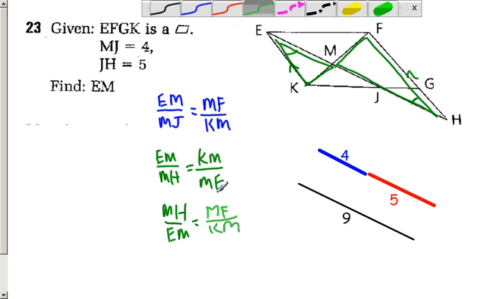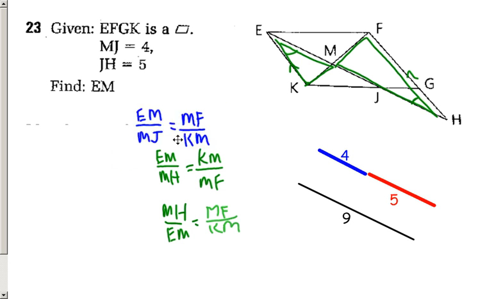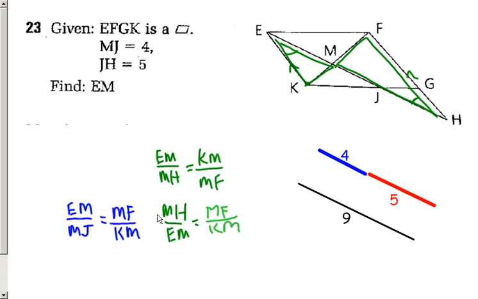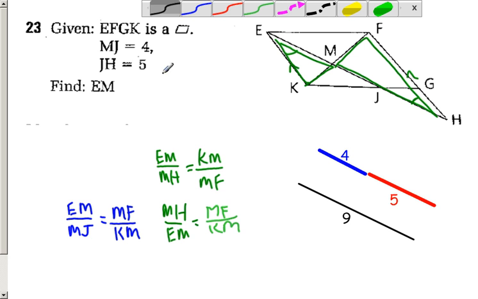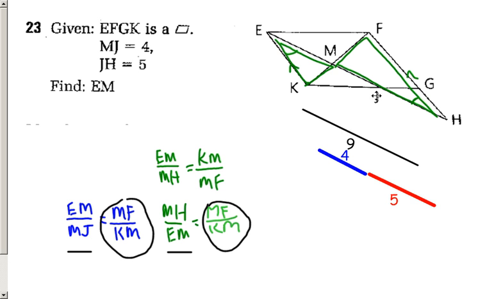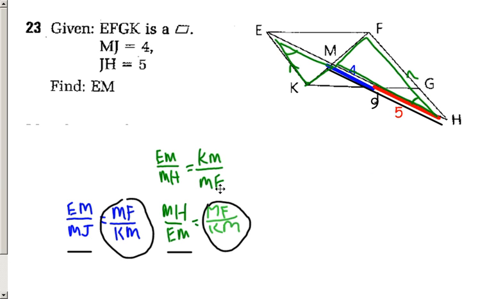And what you see here is comparing that with this one, you see that both of these have MF and KM in common. So looking at this, MF and KM is in common. So by the transitive property, I can say that these two things are equal to each other. So let's say that. So that means, I'm going to put these in the picture now. So that means that EM